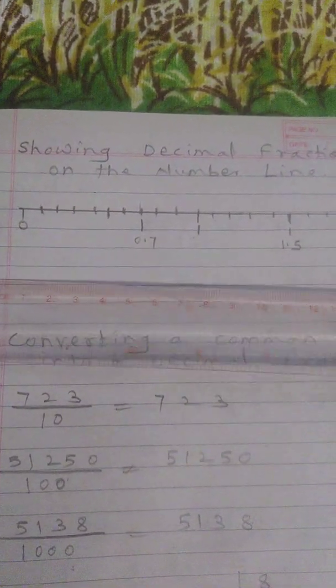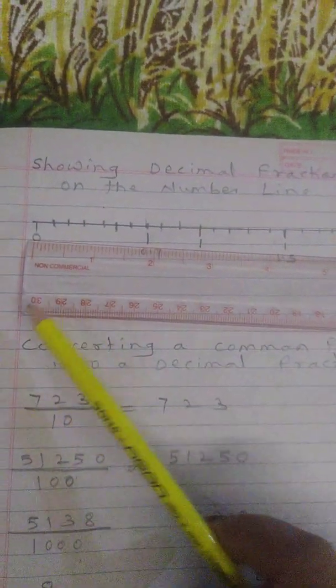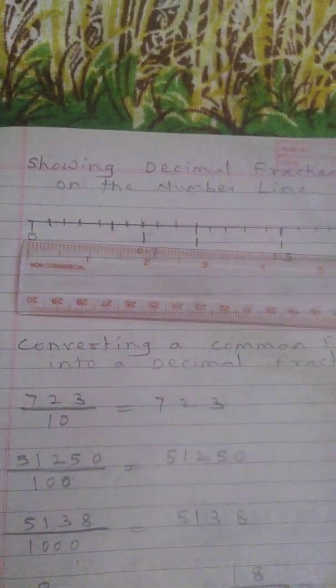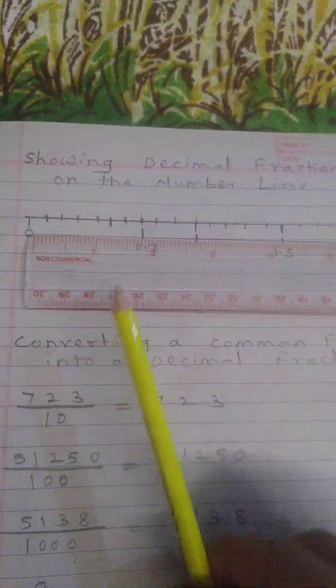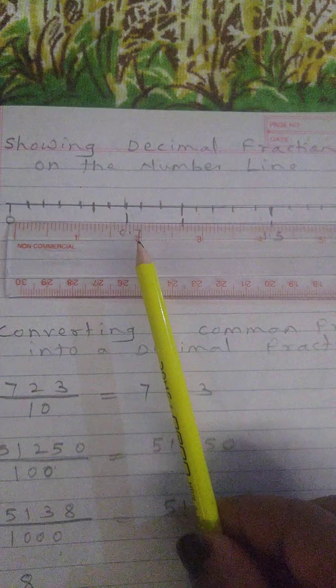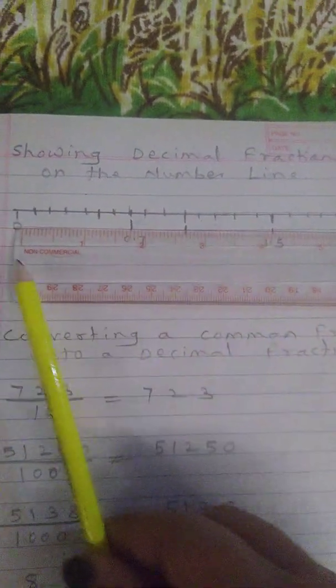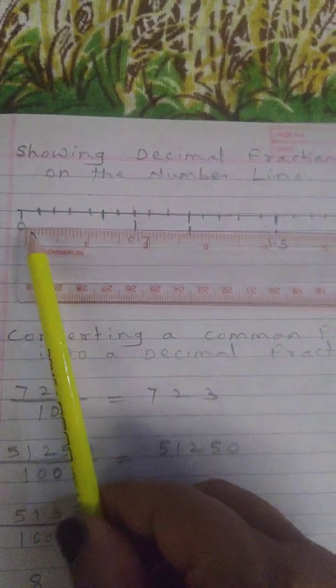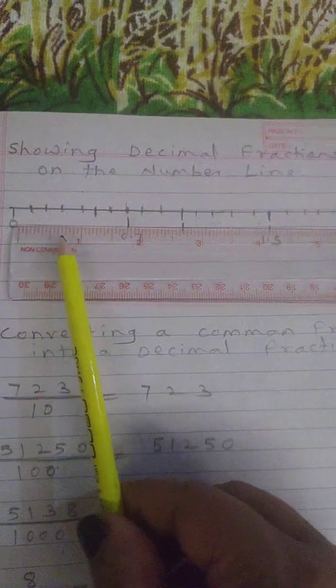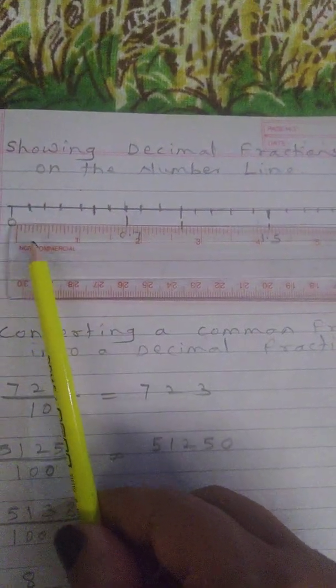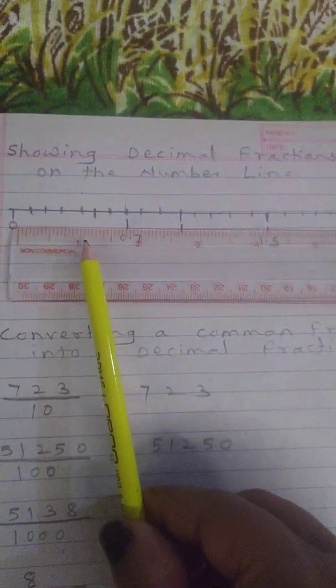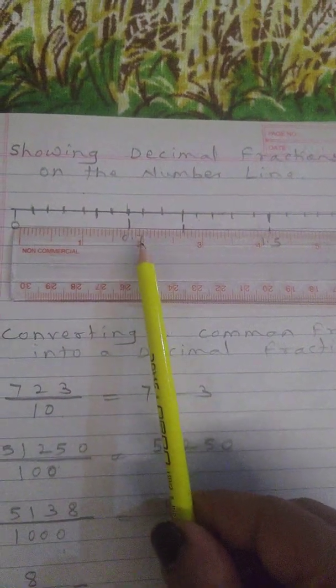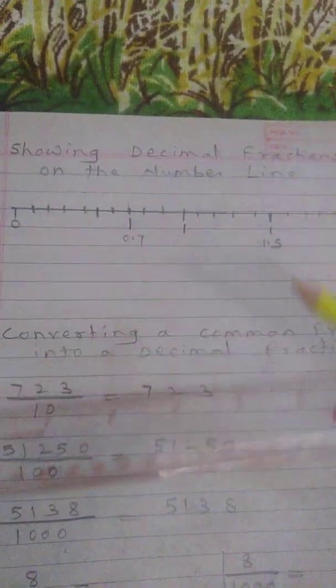10 units. On the scale also, see here, 0 is the origin, and 0 to 1, 1 to 2, 2 to 3, 3 to 4. Between 0 to 1, how many lines are there? 10 lines. So this is called the unit distance. 1 to 2 also is a unit distance. Now